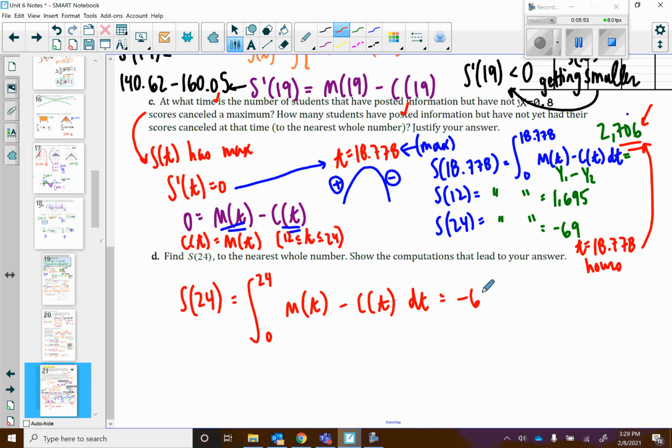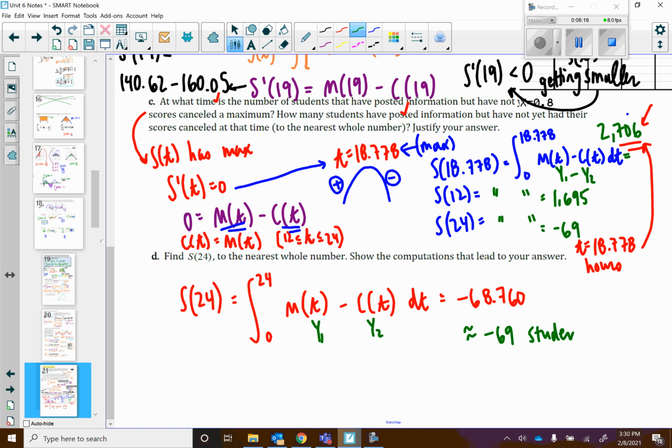When I type this into my calculator, again, I can't show you the work there because I don't have the calculator function on this laptop, but hopefully you are able to, where y1 was your m of t and y2 was your c of t. I'm getting negative 68.760,